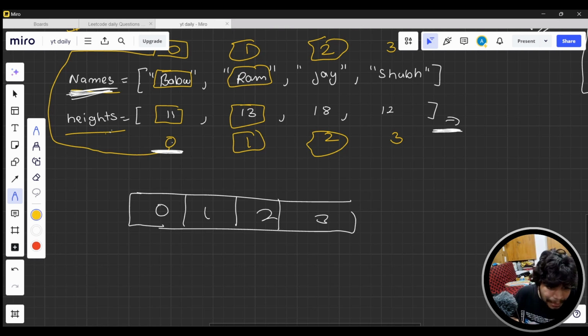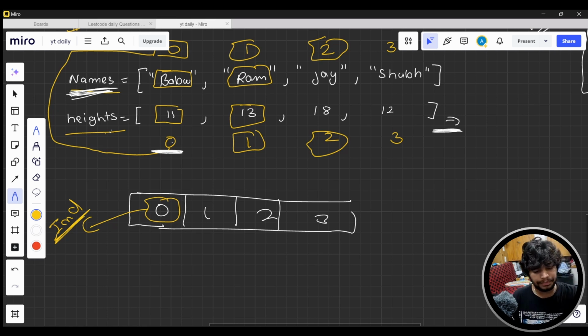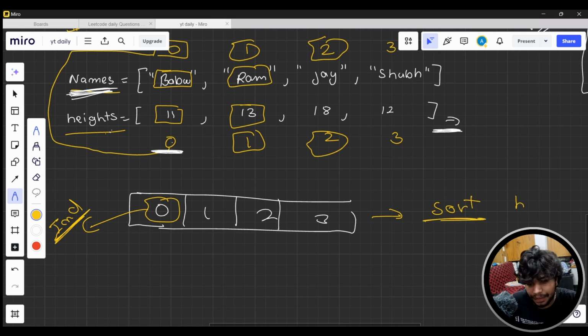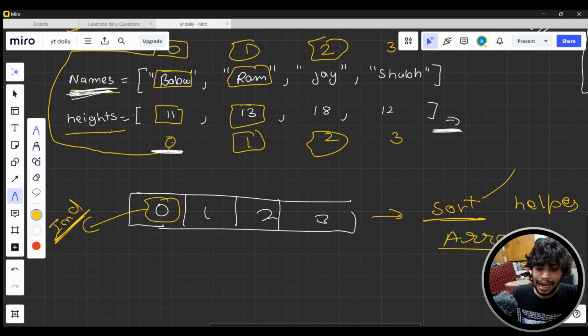These elements in the array represent my index. Okay. So the question is, if I am able to sort this helper array according to my height array,